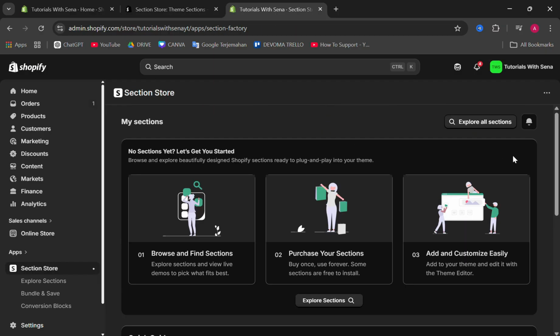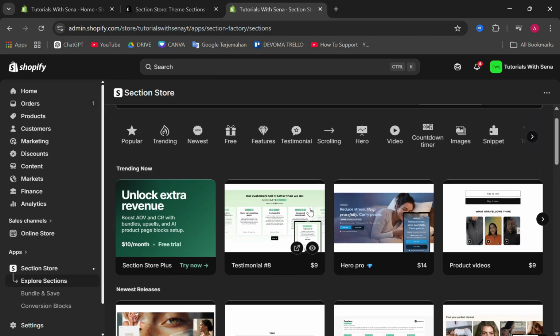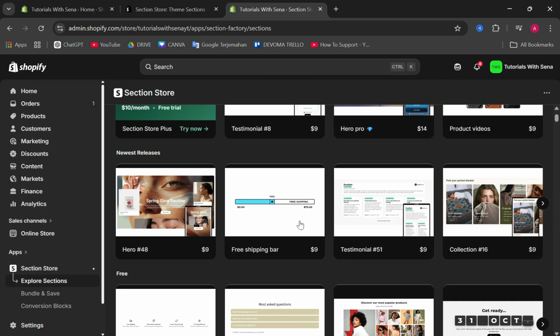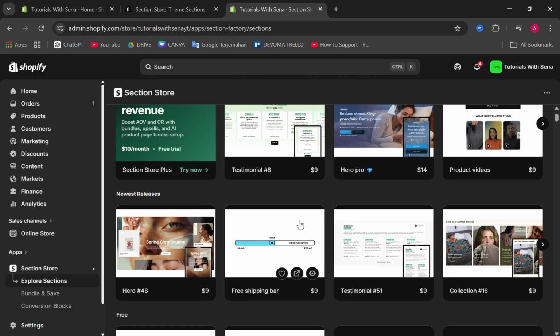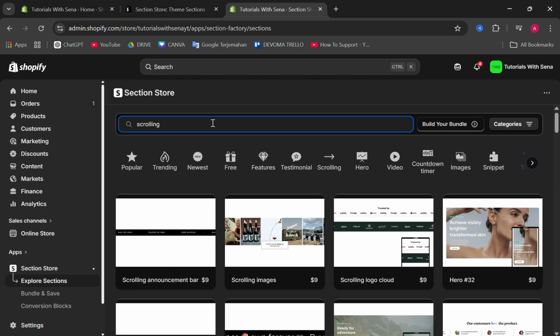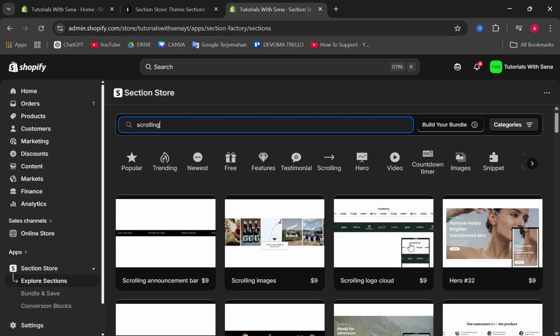And now you can just click explore all sections here. You can click on it. And then you will find a lot of templates for your sections, as you can see. So basically you can explore more here, but in this video, we're going to search for scrolling. And then you will find a lot of options here. There is scroll announcement bar, scrolling images, and scrolling logo, and other options here. We're going to click scrolling images here,